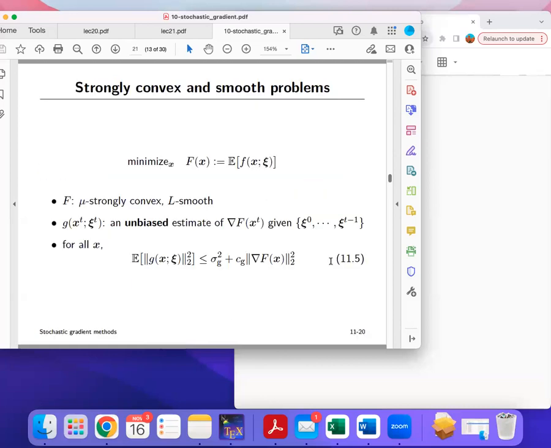And the convergence analysis is based on several assumptions. So first of all, let's consider the simplest case first. We assume the function is mu strongly convex and L smooth. And we assume that this stochastic gradient that we use is an unbiased estimate of the full gradient. Okay. Basically, when we take expectation,